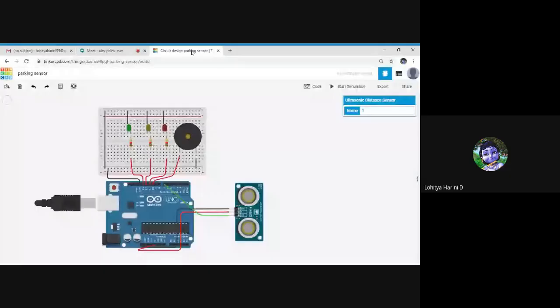Yes, ma'am, I'll present my screen. Ma'am, is the screen visible? Yes, visible, ma'am. Here I have done an interfacing with the ultrasonic sensor, and it is a 3-pin sensor that I have used here. The main application of this interfacing can be as a parking sensor, where it will act as a presence detector. Object detection also can be done here.